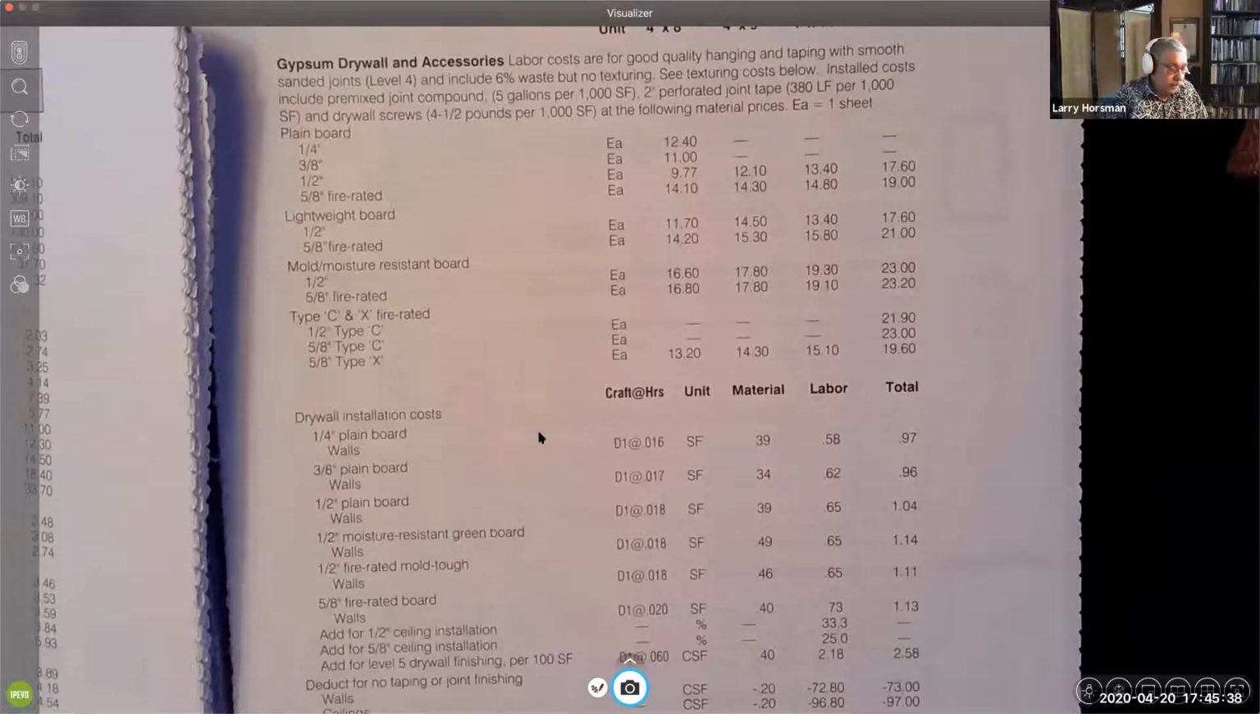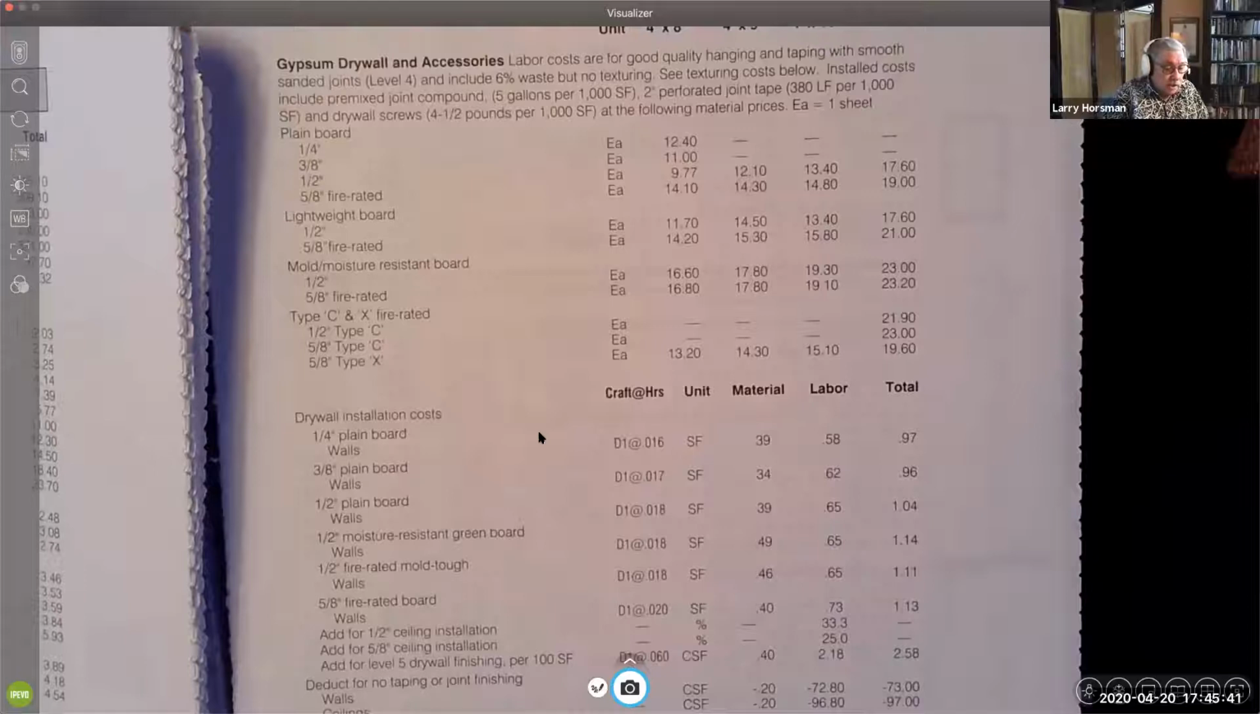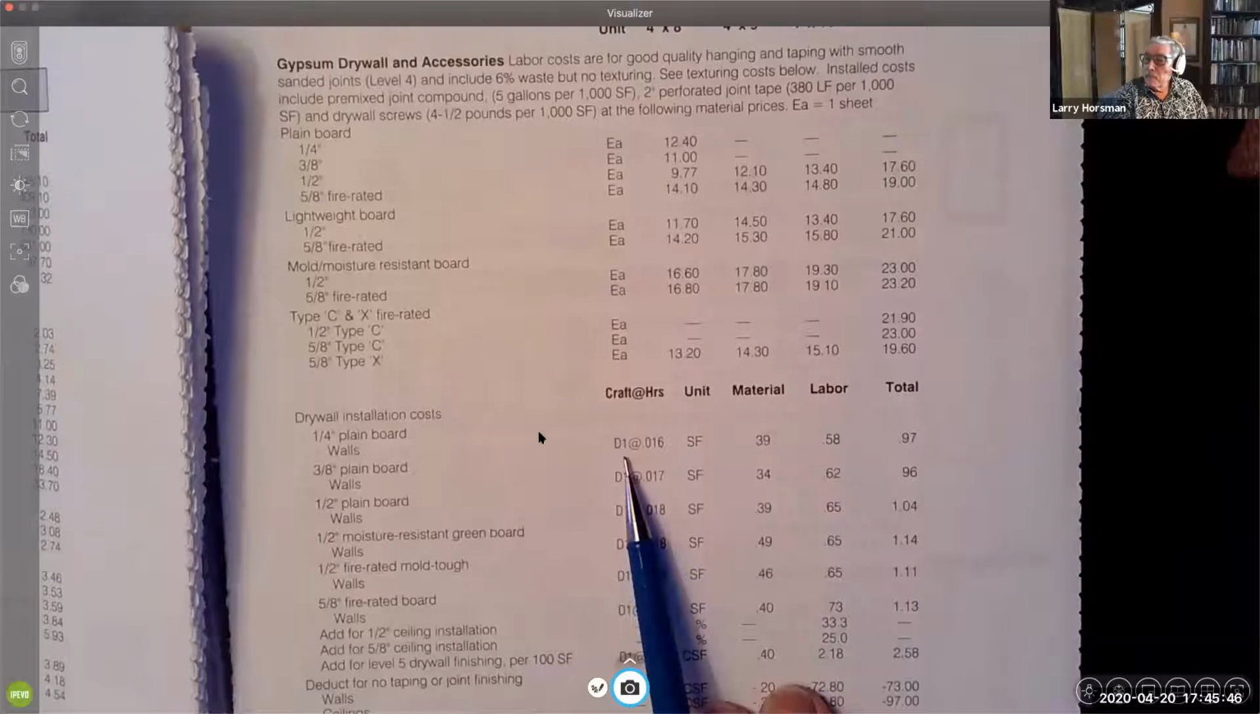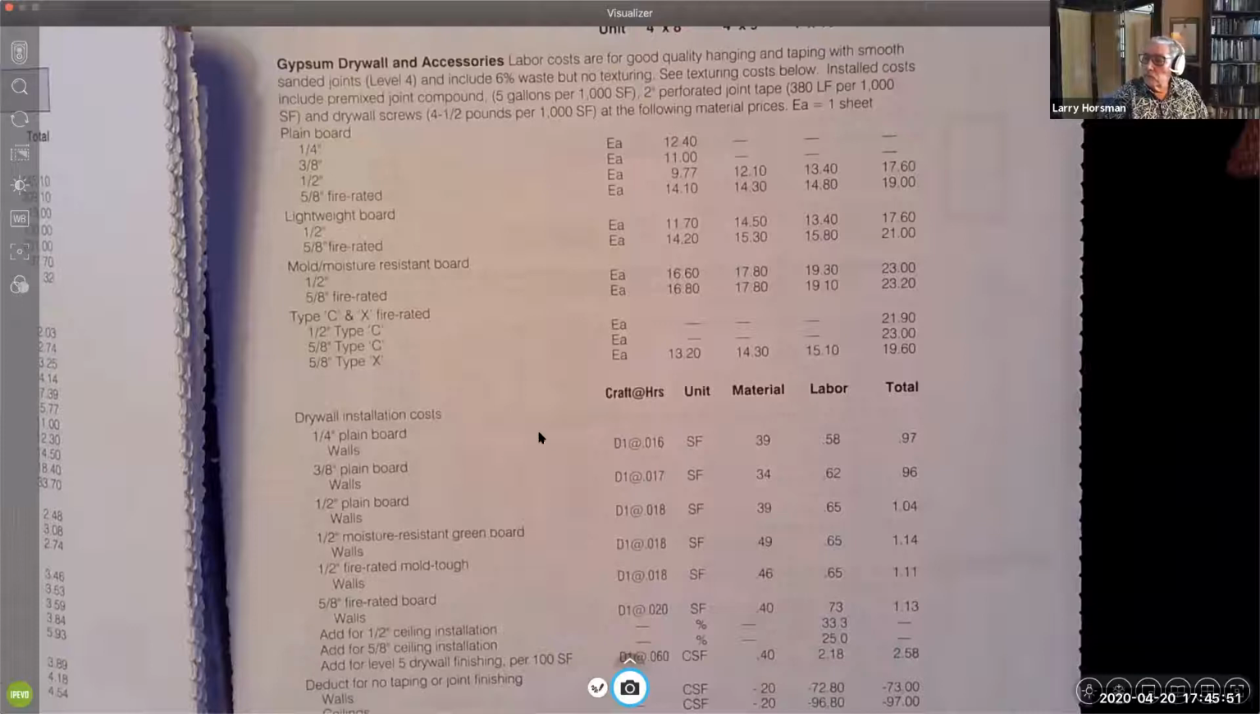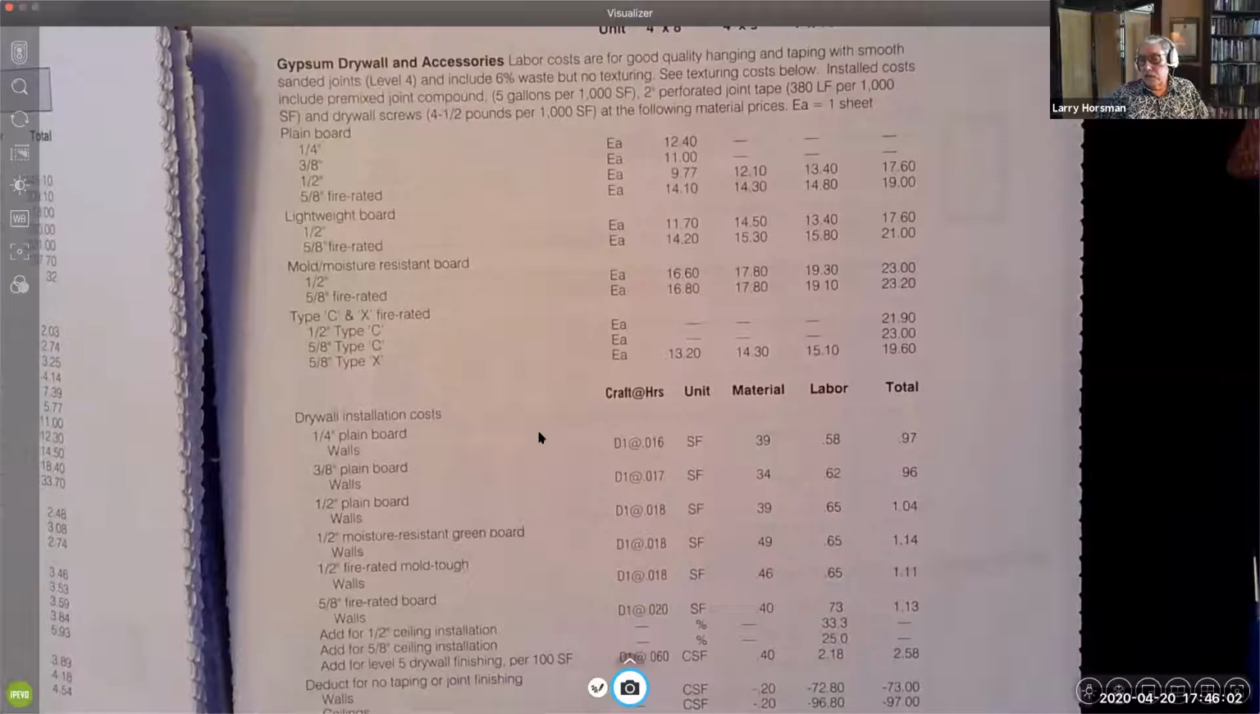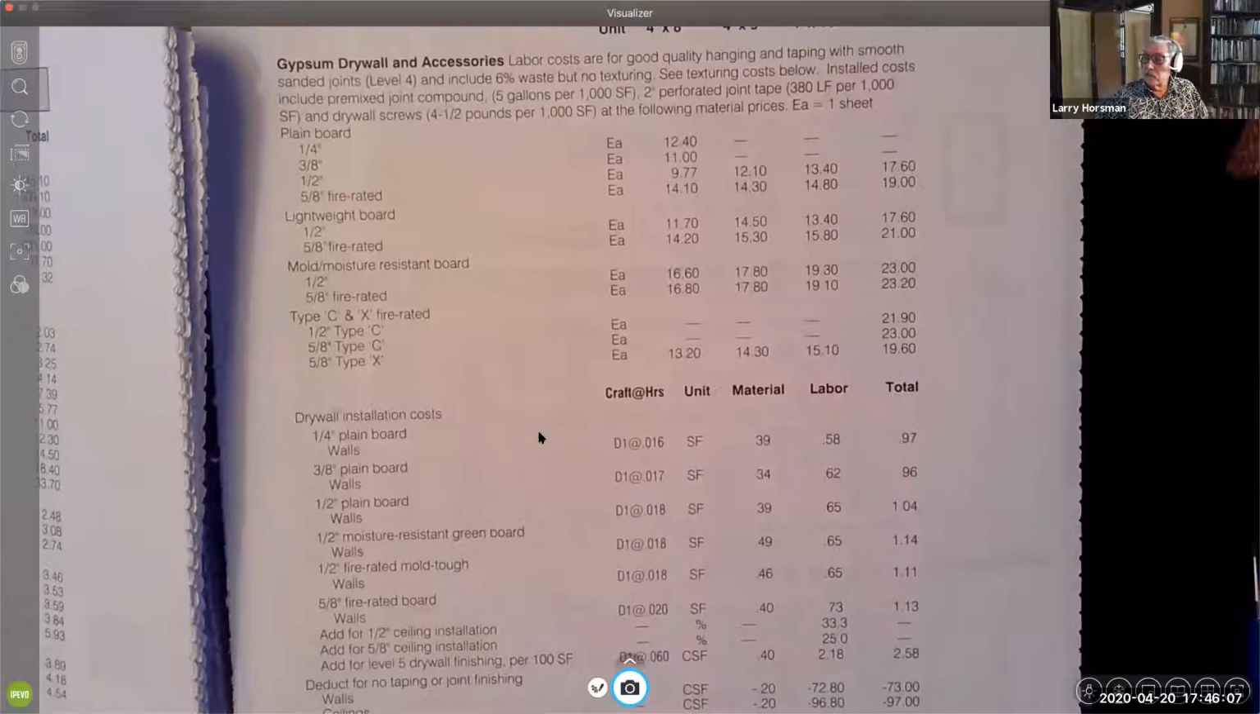So anyway, so drywall installation, again, we have a particular type of crew, D1, productivity. So these are all based on square foot. Material, labor. Here you see that unlike cabinets where most of the money is in the material and not a lot was in the labor, for drywall, the labor charge is actually relatively significantly higher than the material cost. So a half inch